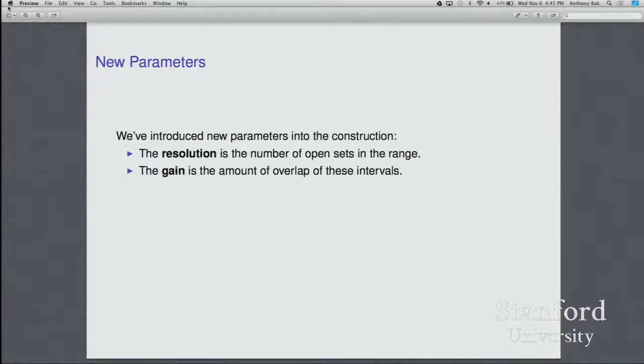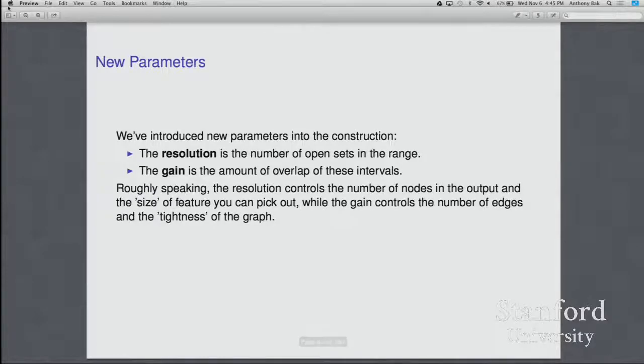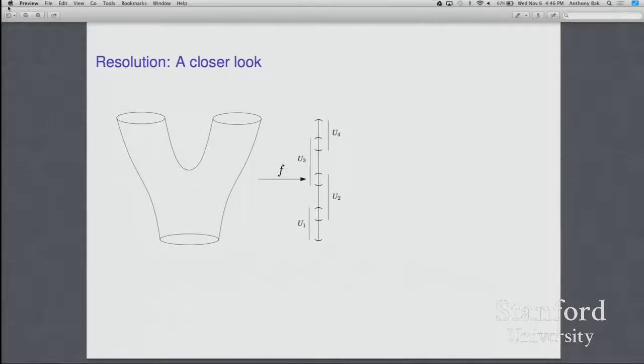And the gain is the amount of overlap they have between their neighbors. So roughly speaking, the resolution controls the number of nodes in your output, the number of nodes in your graph, and also the size of geometric feature that you can pick out with the procedure. While the gain controls the number of edges in the graph and also the tightness of the graph. It's a little bit more complicated to go into technical detail on tightness, but resolution is pretty